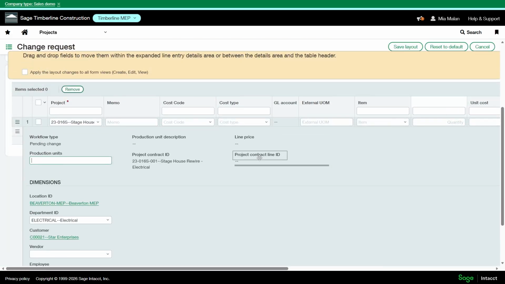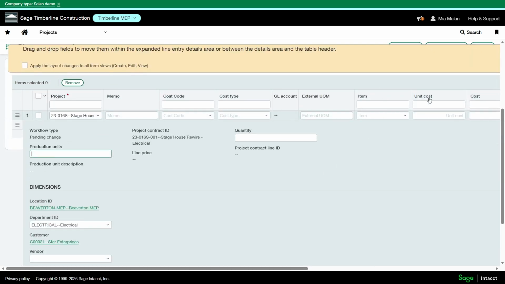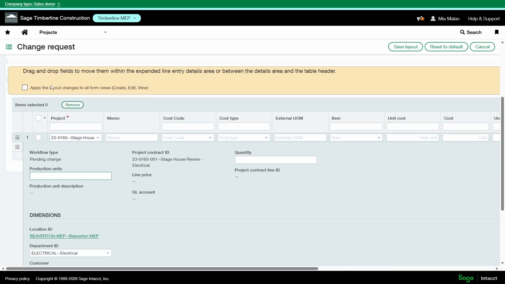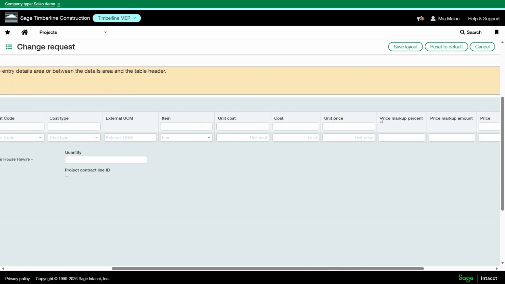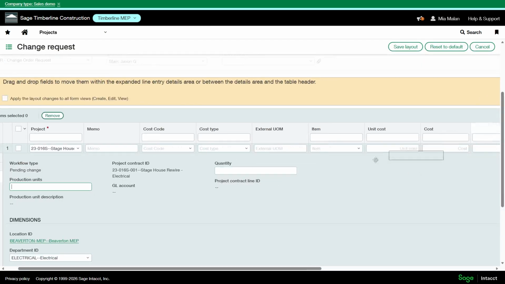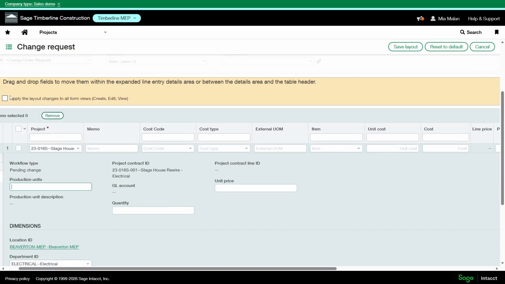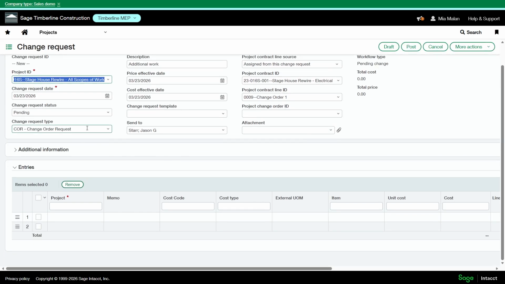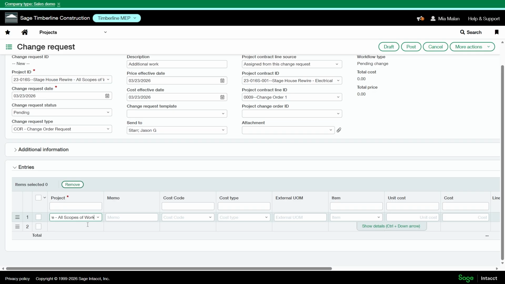You can move things out of this table. Once you see the dark gray rectangle, you can drop that in. And then when you are ready to save, make sure you apply the layout changes and save that layout. I'm gonna add my project.